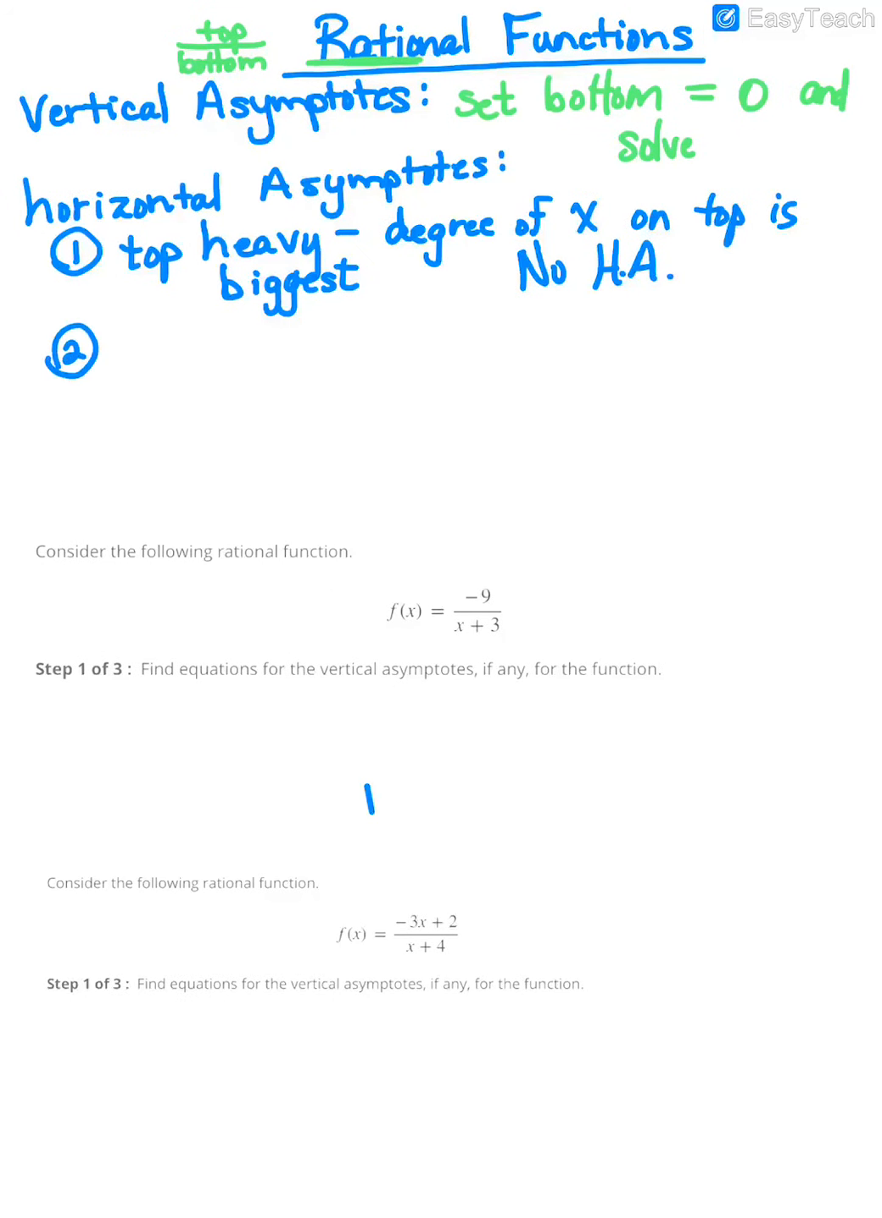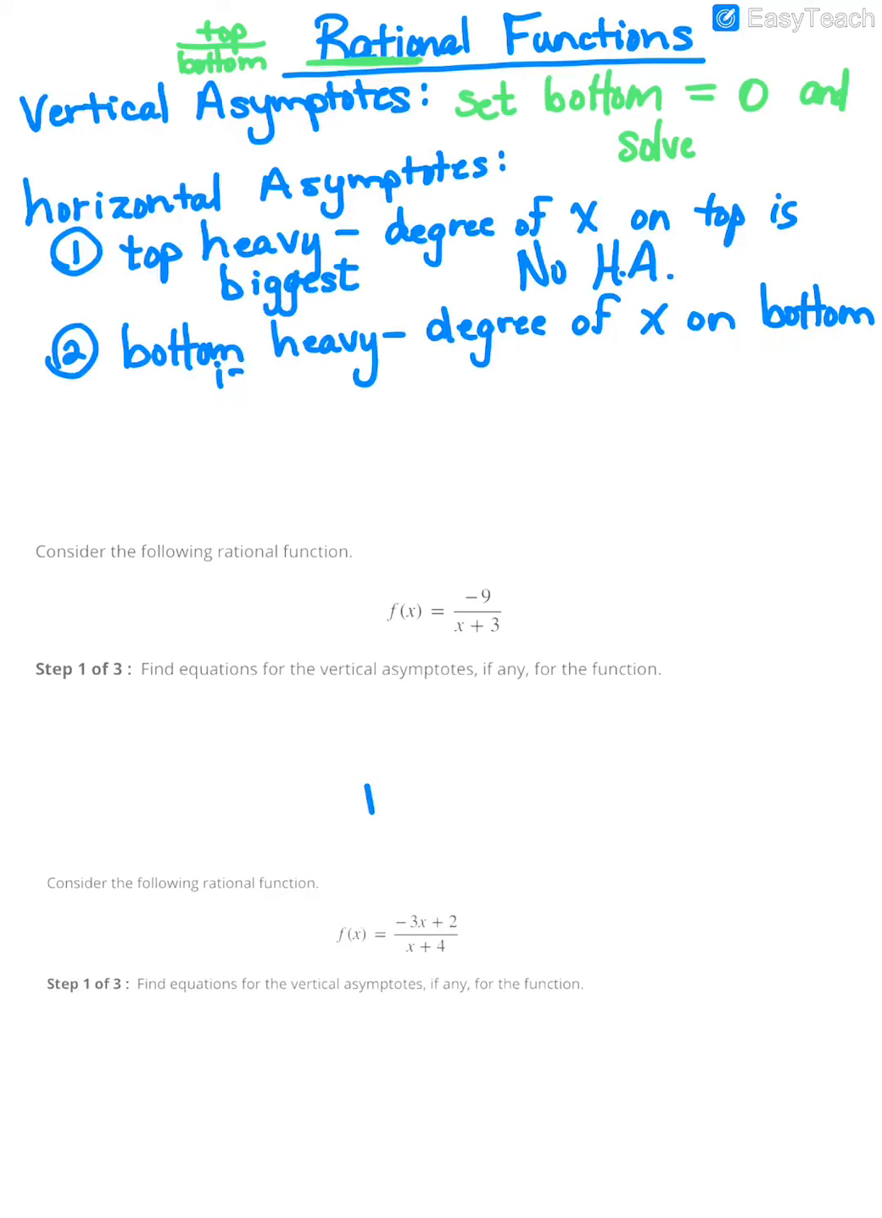The second case is the fraction could be what we refer to as bottom heavy, meaning that my degree of x on bottom is biggest. So again, degree is the highest power of x that you are seeing. And if that is the case, we say the horizontal asymptote is y equals 0. And it is important to note you have to put the y equal as part of the asymptote